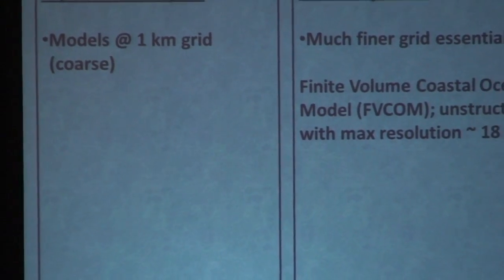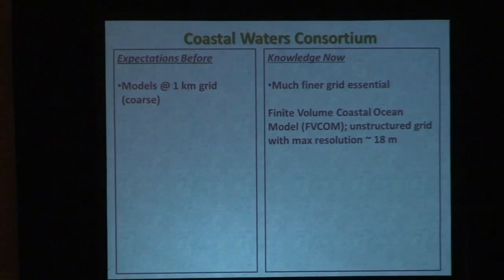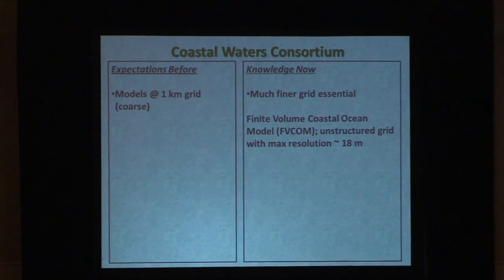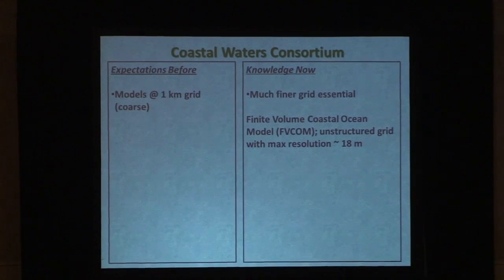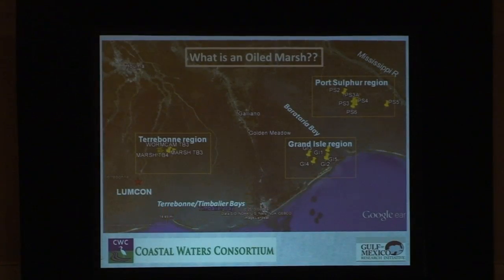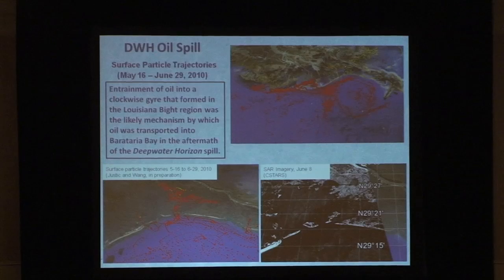We heard the oceanographer at the very beginning talk about getting that grid down to 30 meters. Well, that's really good, but we need to be a little more precise when we're tracking oil into the estuaries. And the FVCOM model that Dubravko Justic and others have developed gets us within 18 meters and can tell us much better where the oil is going to go, and it compares very well with the SCAT